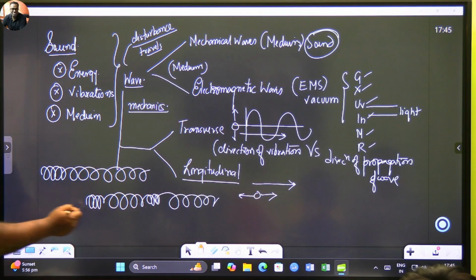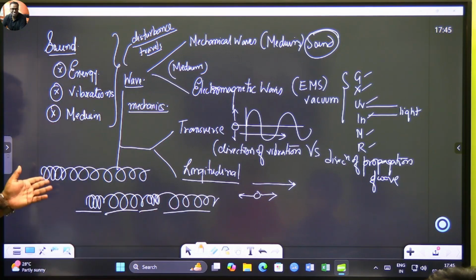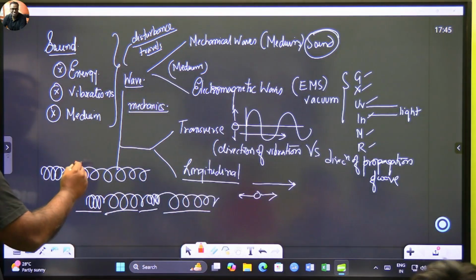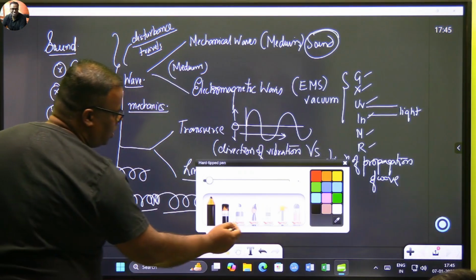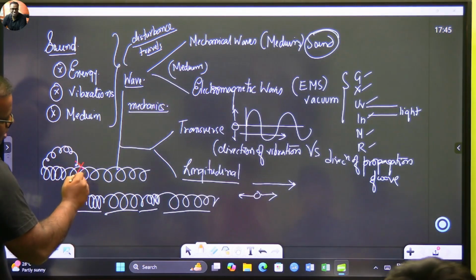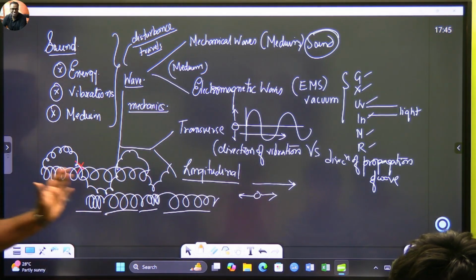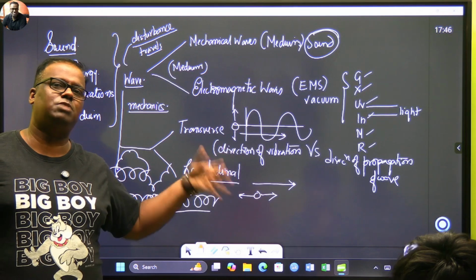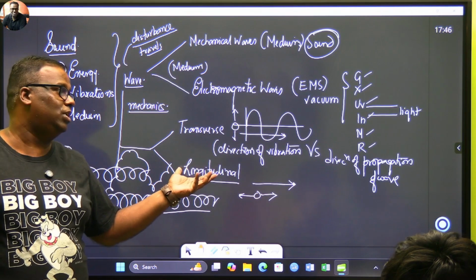This is what we call a compression pattern. This will be a rarefaction, compression, rarefaction. Again the same spring, tie a red ribbon to this spring, एक red ribbon यहाँ बांध दो, and this time you start moving the spring ऐसे ऐसे घुमाना शुरू करो. How do you see your spring going up and down? You will see your spring go up like this, down like this. So the slinky can be used to create both transverse as well as longitudinal waves. ये आपके नॉलेज के लिए, क्योंकि इसको आप नेक्स्ट पढ़ोगे 11th क्लास में, 10th में ये है नहीं. That time it should not appear absolutely new to you.